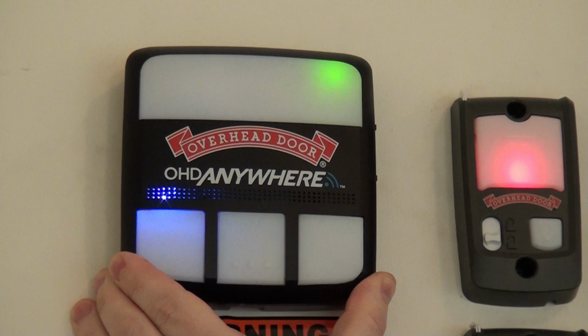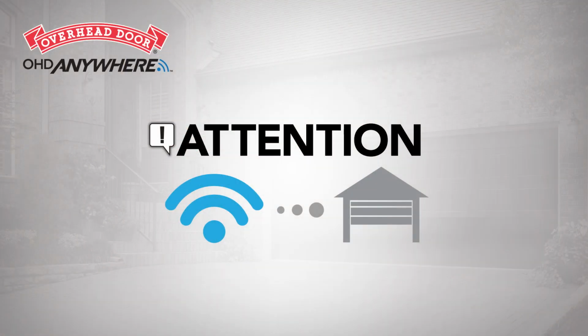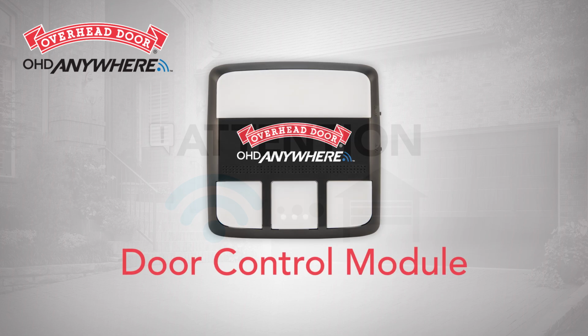The Wi-Fi indicator LED should illuminate, confirming that Wi-Fi signal strength is adequate. A green LED indicates a good Wi-Fi signal. A red LED indicates a faulty signal. If the LED on the door control module is not green, find a new position that better suits the Wi-Fi signal from your router. Don't forget the earlier point that you may need to buy a Wi-Fi extender to boost its range. Once an optimal signal and mounting location is obtained, you are ready to wire the door control module